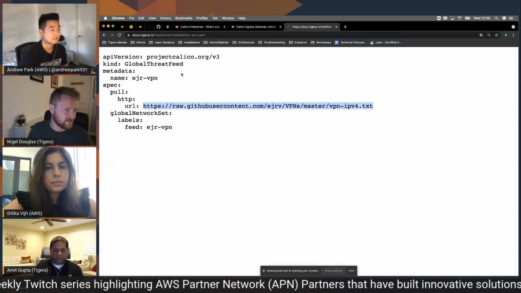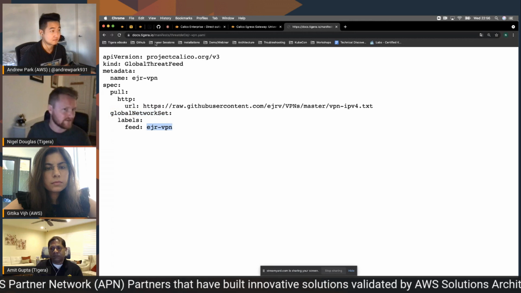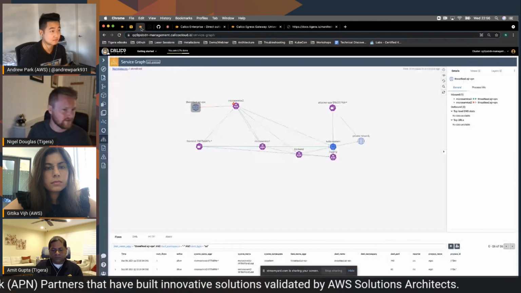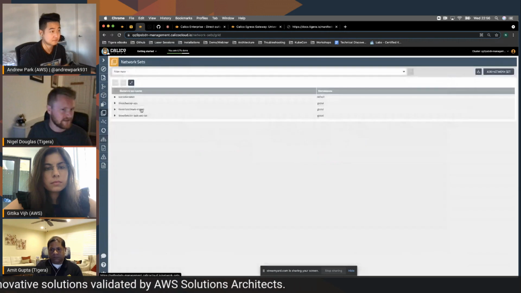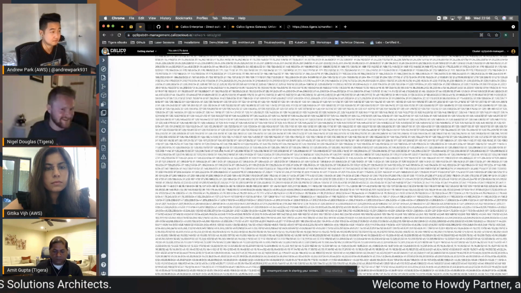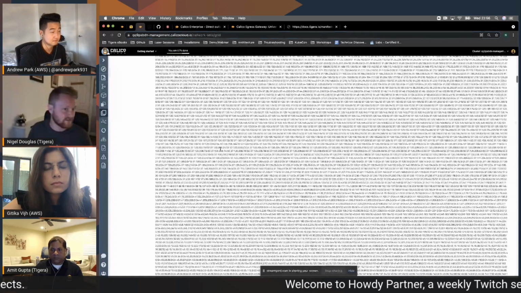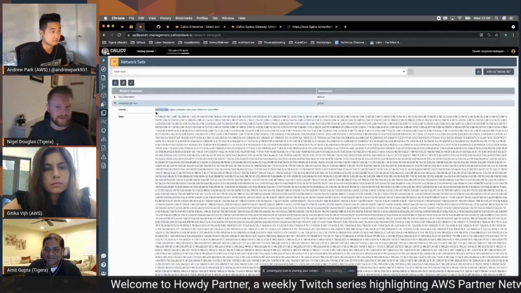But in those scenarios, we just convert it into a global network set object and give it a label of EGR VPN. And why that's so powerful is that, in the case of our network sets, it will then show up in our solution as this IP list and CIDR ranges, and we just have to label it as feed equals EGR VPN. Now, since it's a label, we can do the same thing we do with other workloads.